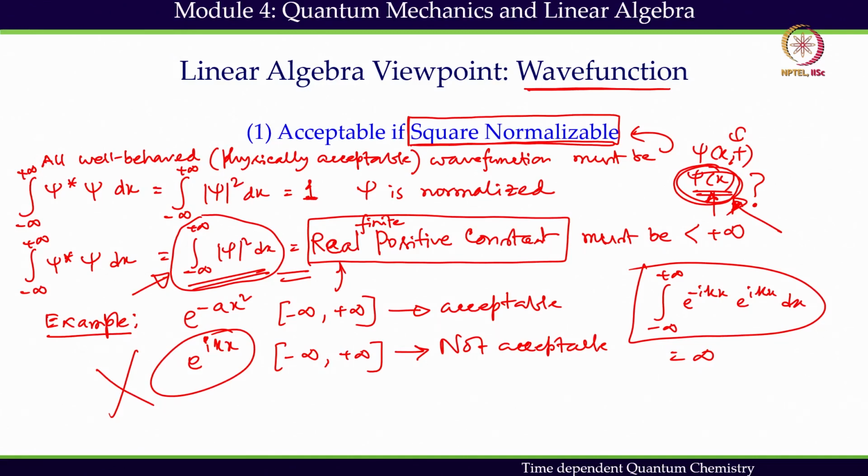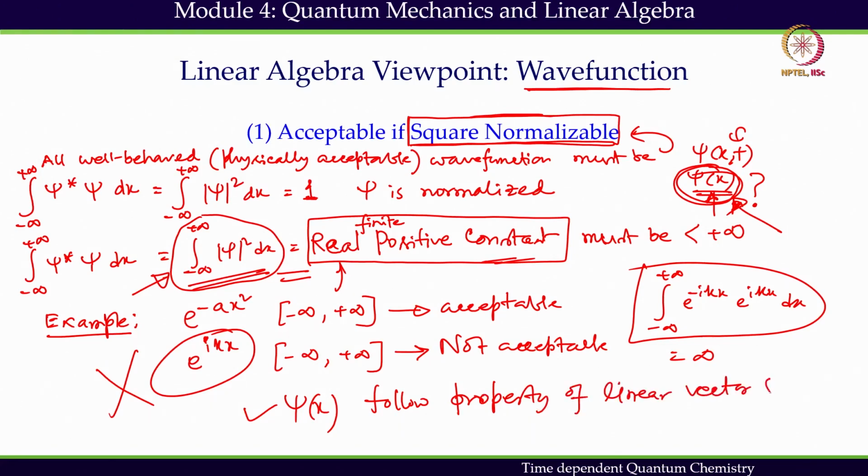If we take only wave functions which are square normalizable, then those acceptable wave functions will follow the property of a linear vector space,